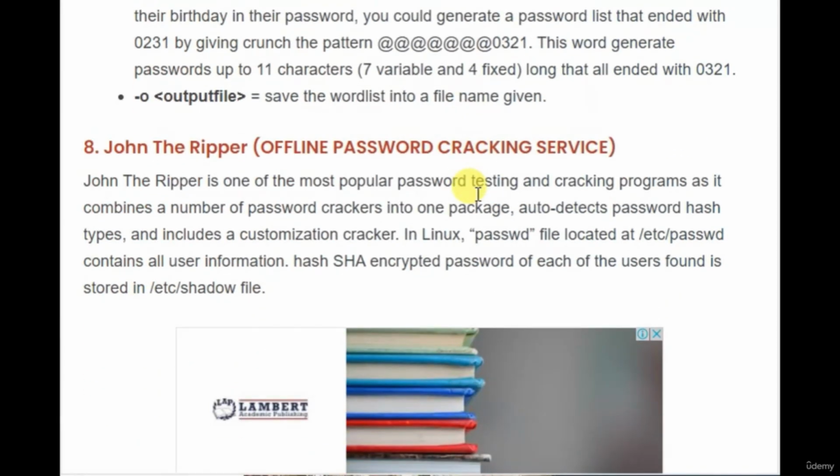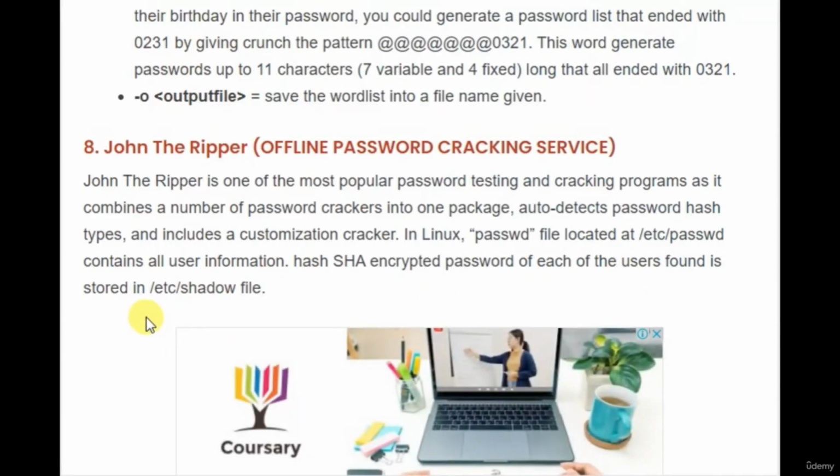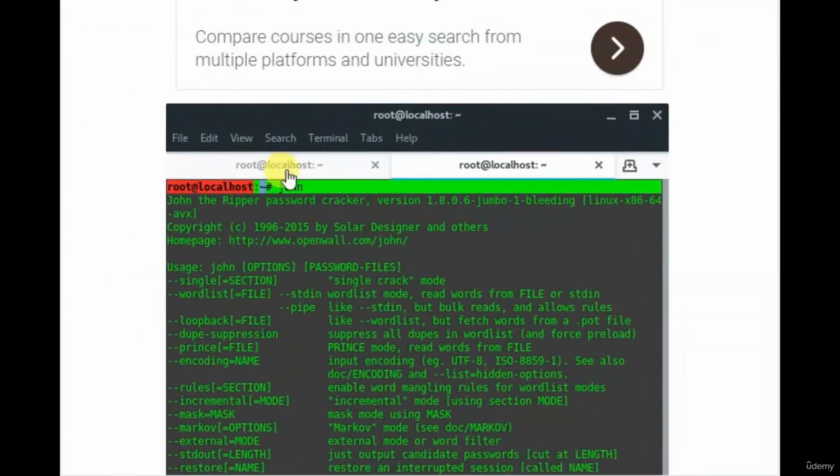Okay, now come to number 8, John the Ripper. John the Ripper is one of the most popular password testing and cracking programs, as it combines a number of password crackers into one package. It auto-detects password hash types and includes a customizable cracker. In Linux, the password file located at /etc/passwd contains all user information. The hash is the encrypted password of each of the users found stored there, and this is the